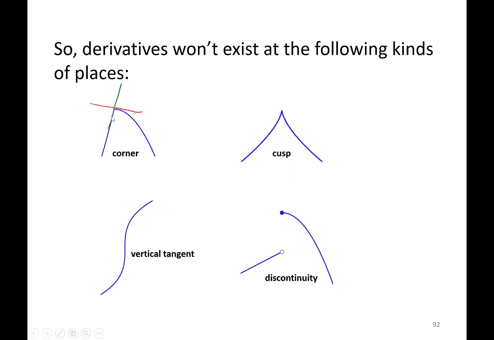So at a corner, the derivative does not exist. At a cusp, the derivative also won't exist. And a cusp is a place where the curves have steeper and steeper tangent lines as you're getting closer and closer to the cusp. So eventually, you're going to have these super steep, almost vertical tangent lines coming in from both sides of the cusp. And that makes the tip of the cusp